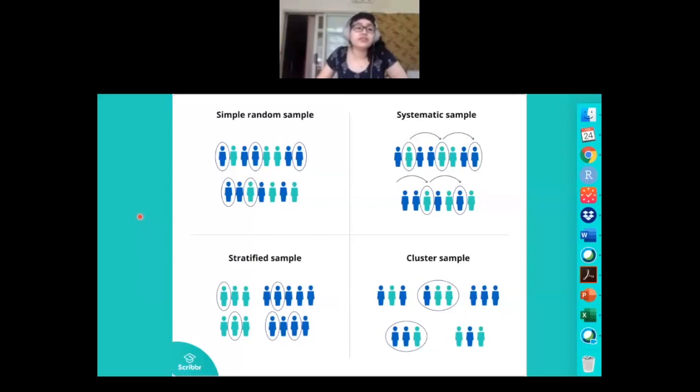And then disproportionate stratified sampling is when you're very concerned with a specific population, so you might overrepresent the teal people because even though they're smaller, you want to make larger generalizations about them. And then cluster sampling is